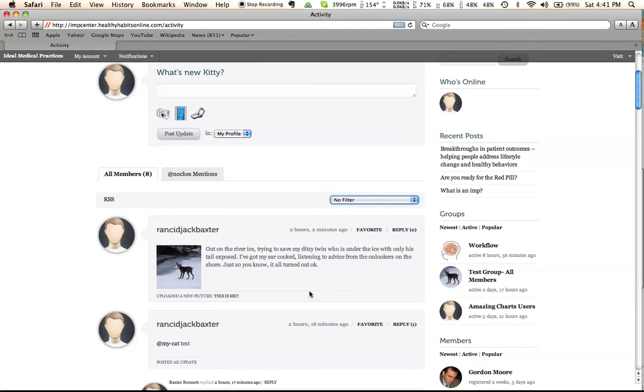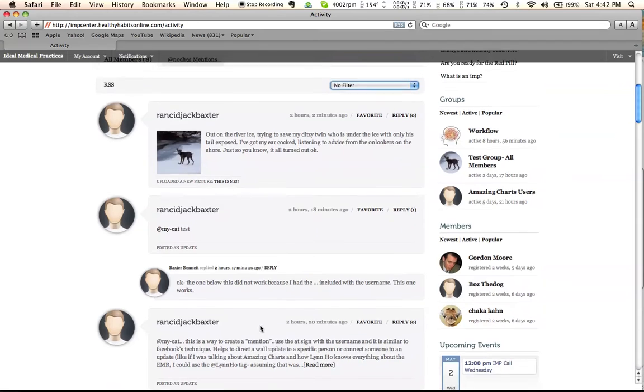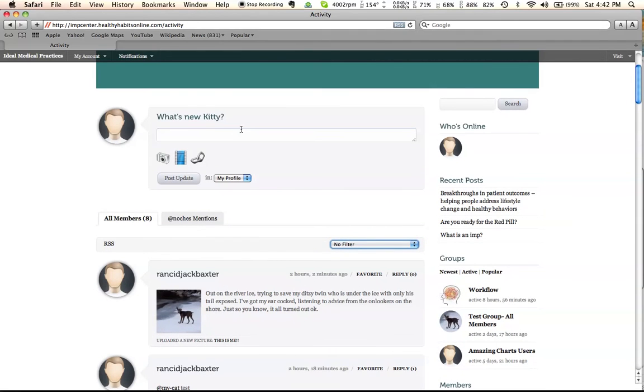If you want to look at something here, Rancid Jack Baxter uploaded a new picture, and you could click on that and go to Rancid Jack Baxter's profile and look at what's going on there. You could reply to this post. You can scroll down further and see other activity. You can post your own update, and